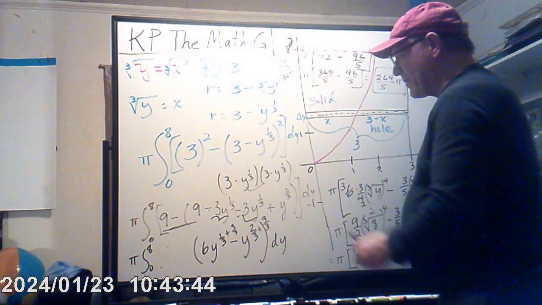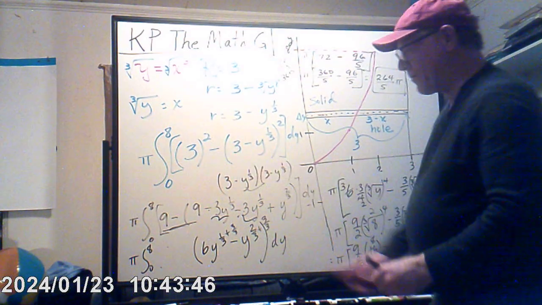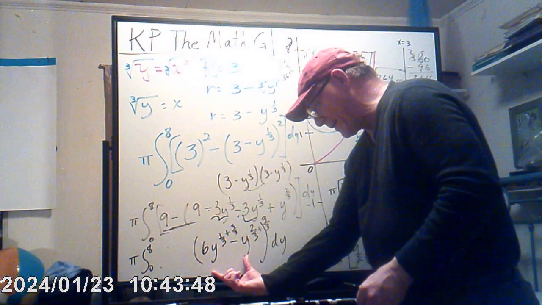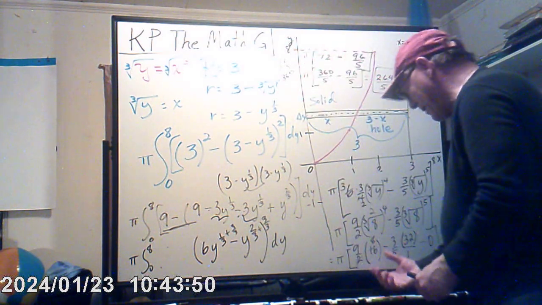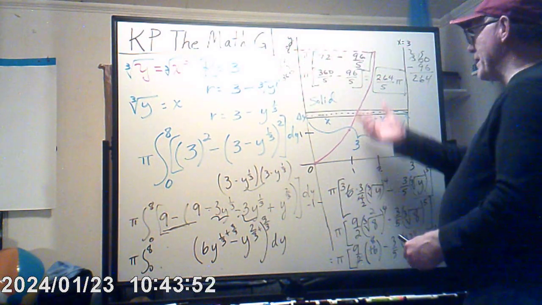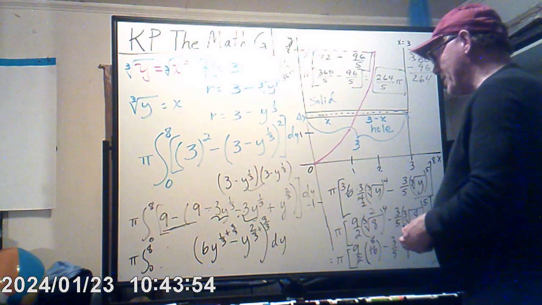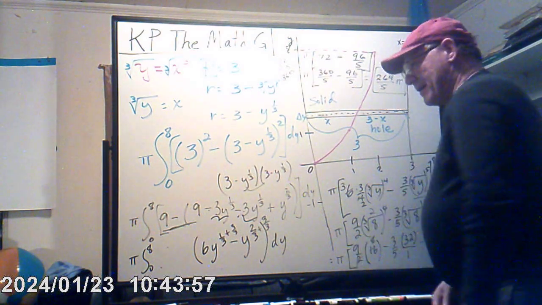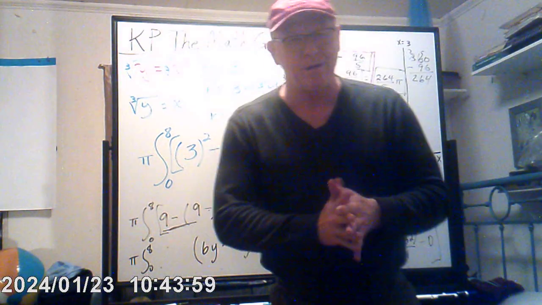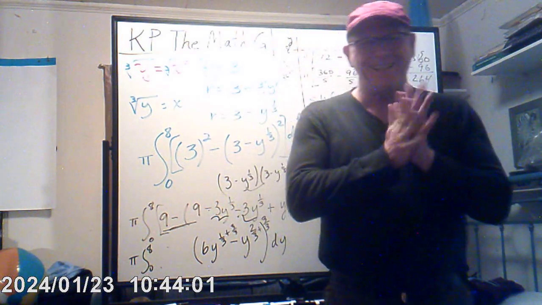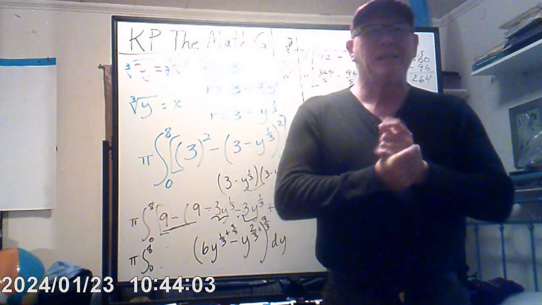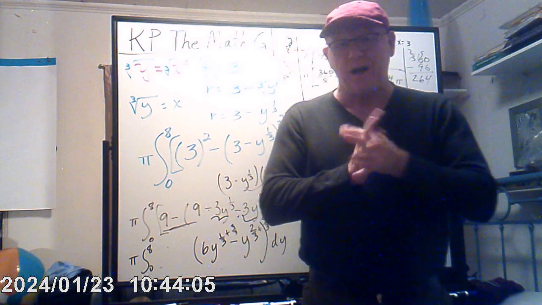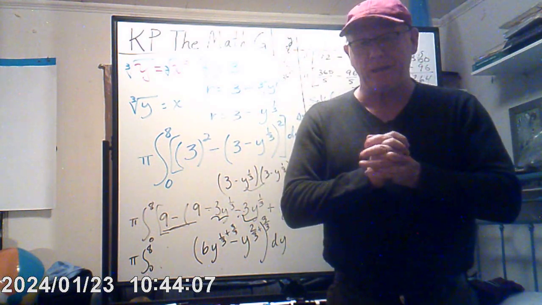Alright? We squared that. We got down to this. We integrated and plugged the numbers in and got 264 over 5 pi. Okay. Whew! That's kind of exhausting, isn't it? I hope that you followed me well here, at least to some